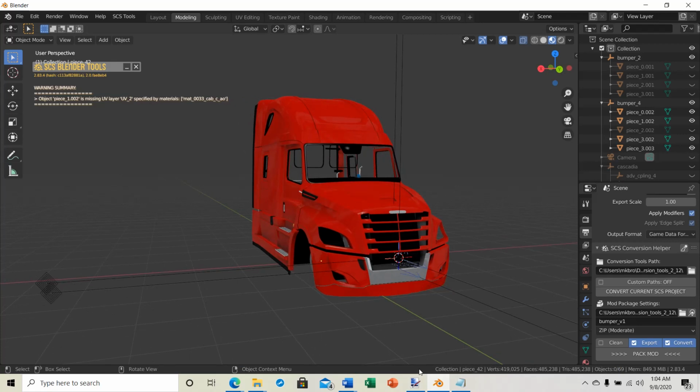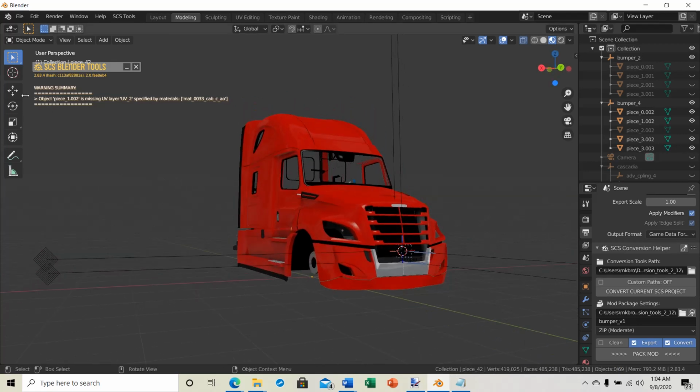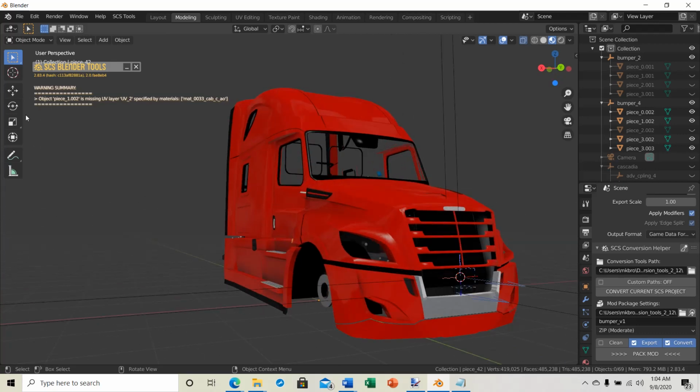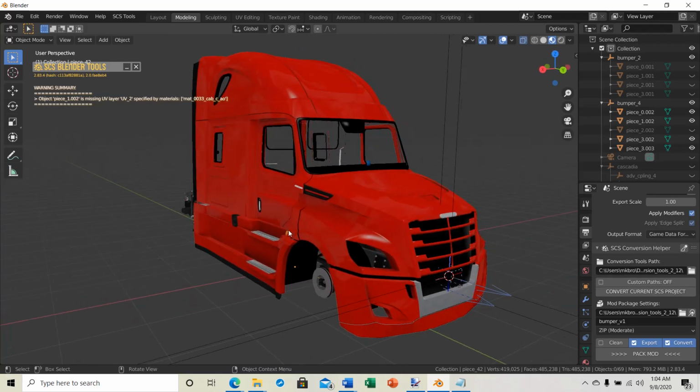Okay, I hope y'all see it showed up in blue that it did export correctly, but I do have an error, and it's been my experience that you need to correct all these errors that come up. So I have an error. Object piece 1002 is missing UV layer, which is missing UV2, and that is specified by materials for mat 033